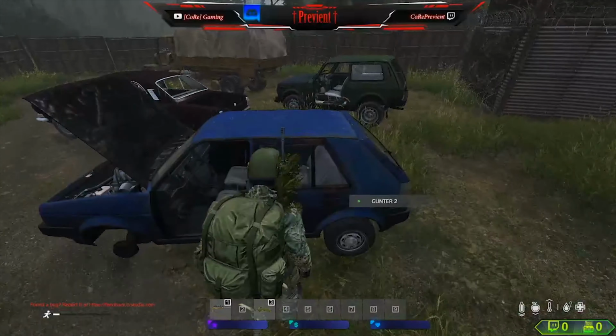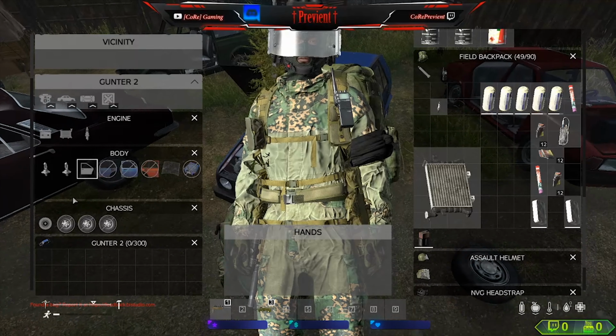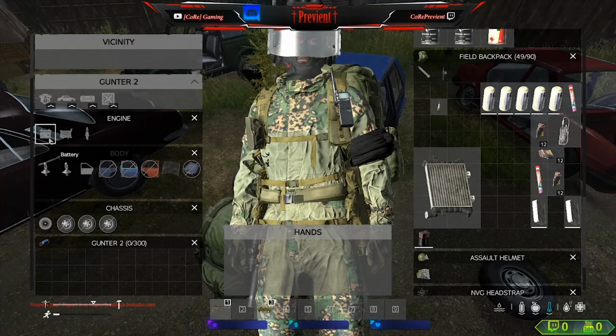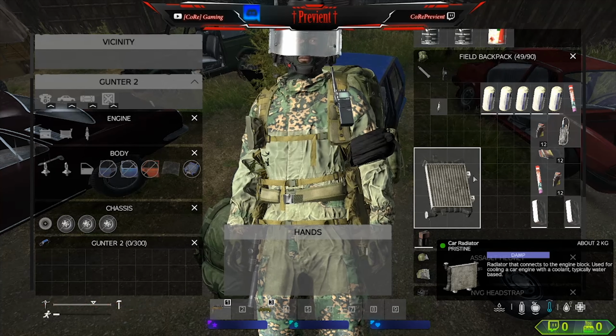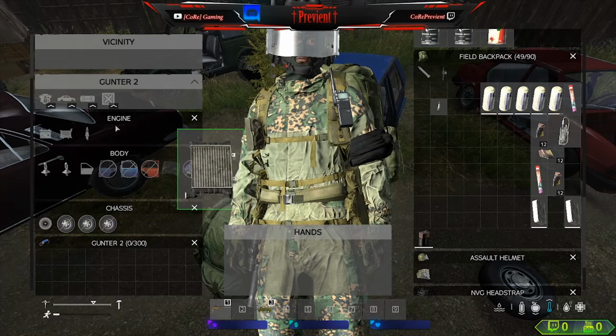So I'm going to start with the Gunther because I completely stripped this car down. As you can see, when you tab into the inventory, it's missing a few things, which, if you find a car out in the world, chances are it's going to already be missing. You can see that it needs a battery, a radiator, and a spark plug. You can find these in your adventures throughout the world. All of them are pretty common to find now, and you simply drag them from your inventory into the